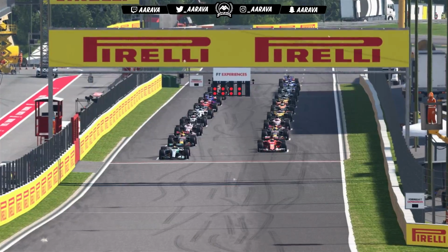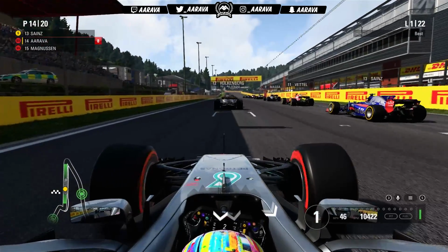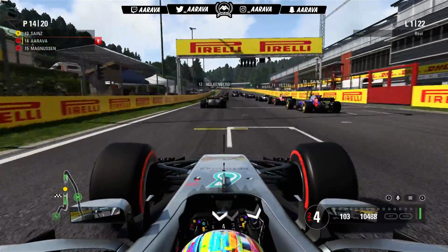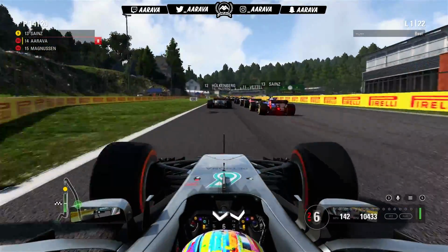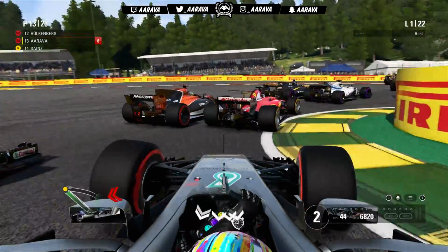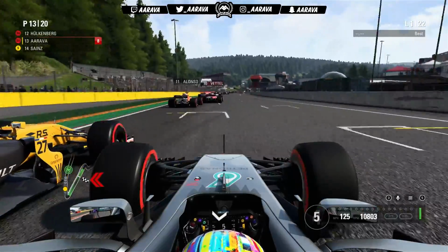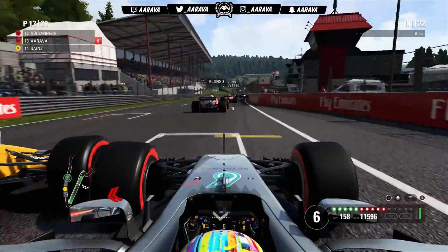So here we go then. So 5 red lights to the Belgian Grand Prix. Round number 12 of Season 6 is underway. It is a pretty poor start actually from us compared to Carlos Sainz, our former teammate from Season 1 on the right-hand side. But we're going to nip down past him as he's held up by Nico Hülkenberg and Sebastian Vettel. Of course, Hülkenberg and Vettel also had some issues getting into Q3 with me yesterday on Saturday,